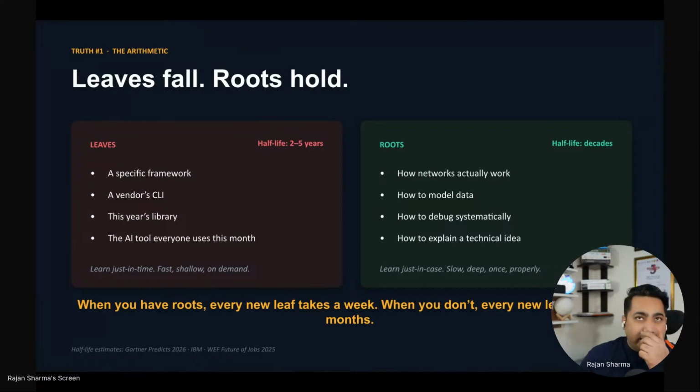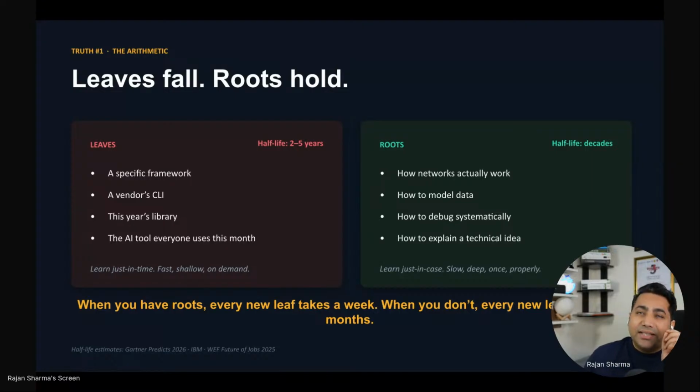One thing you need to understand is your skill is not just one thing or one factor. It is actually a combination of two things, and both behave absolutely differently. But to explain that, I will split technologies into a tree structure. So imagine there is a tree, and a tree has two major components. One is the root, and the other is the leaves. So let's talk about the leaves. What exactly is a leaf?